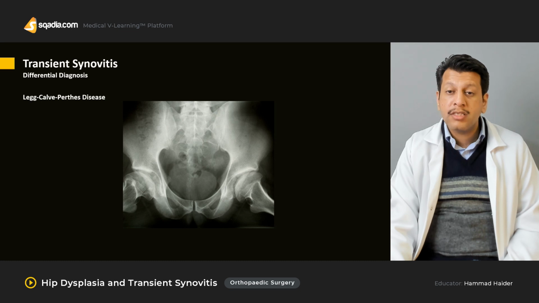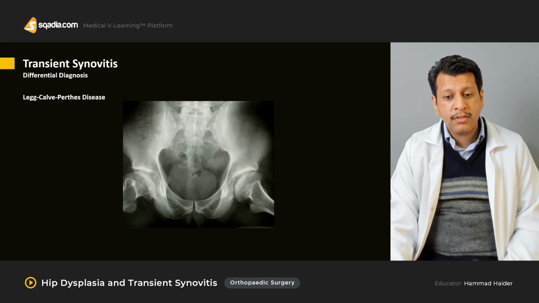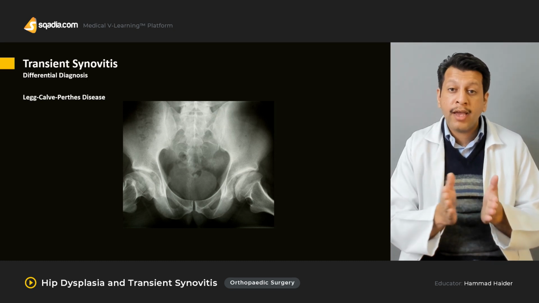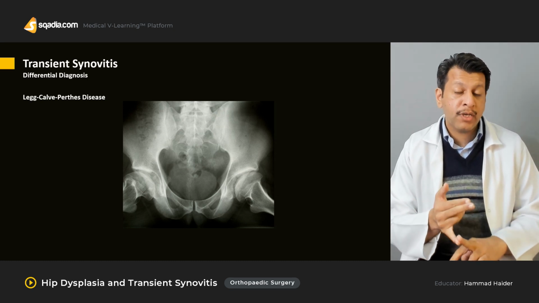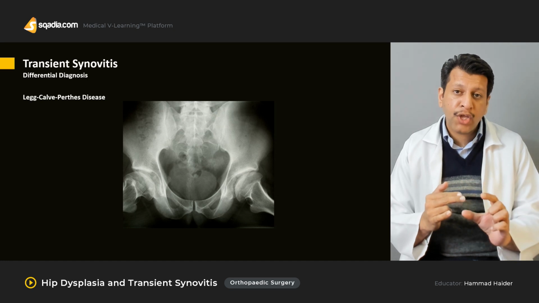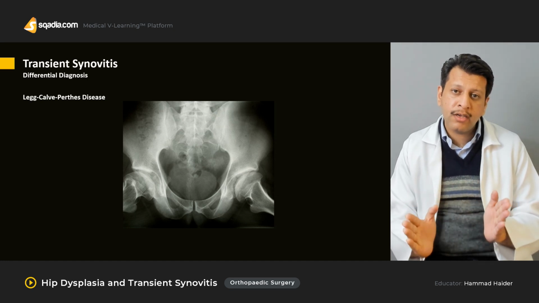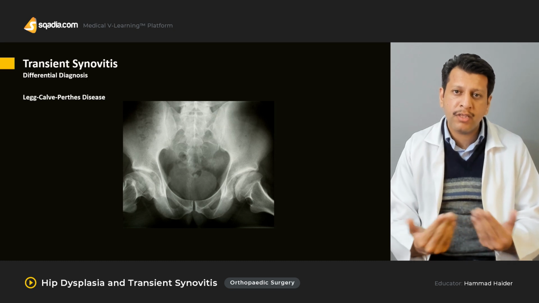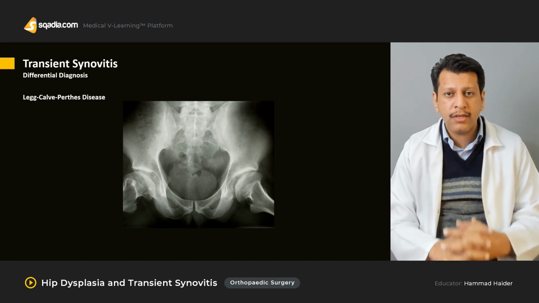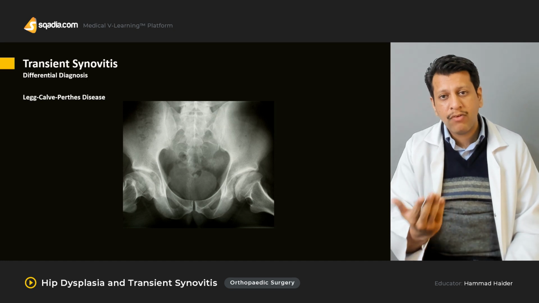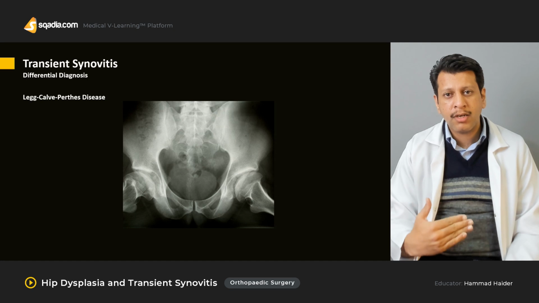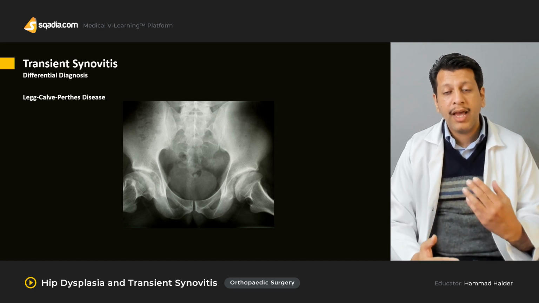Another is LCPD, or Legg-Calvé-Perthes disease. Now, this is a very common disease, usually in boys, and as Robert was a 5-year-old boy, this is the kind of age bracket, from 4 to 8 years. This is the age at which LCPD most commonly presents, between 4 and 8 years, and in that case you have to rule out infections, osteomyelitis, septic arthritis, LCPD, as well as